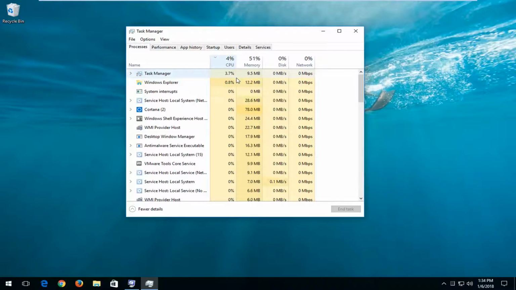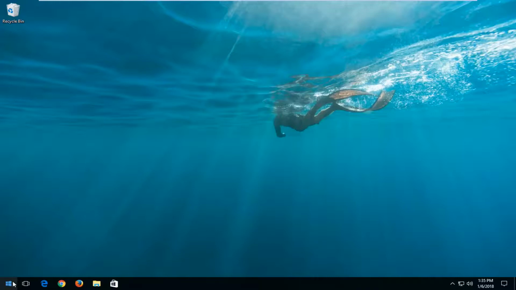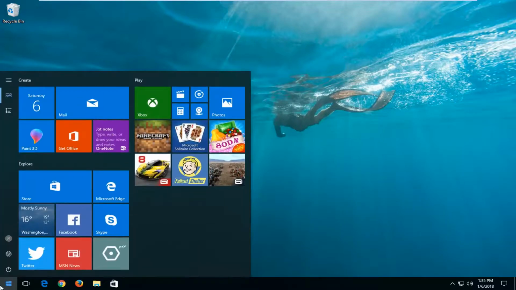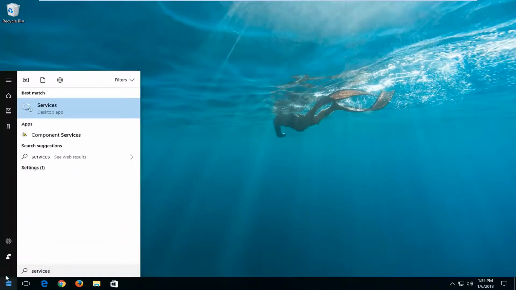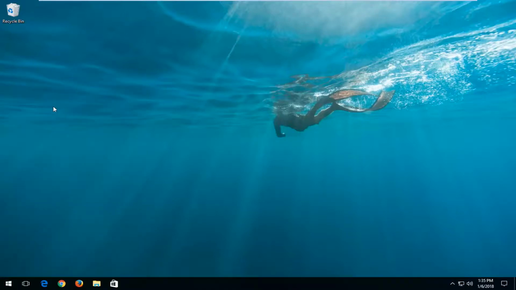Now something else I would also consider, again all of this is completely optional, would be to head over to the start menu and type in services here. Best match should say services. If you left click on that,